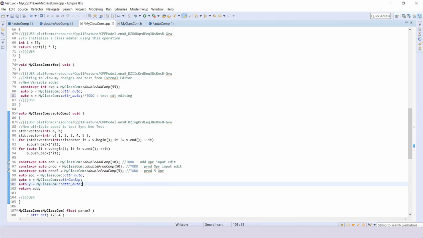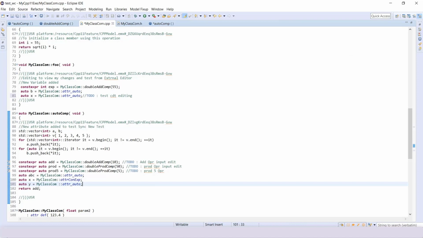Else, if you make code changes outside, the changes will be lost when you rebuild your model, or there will be problems in code to model synchronization if you write code outside the USR platform code snippet. So this is quite important.